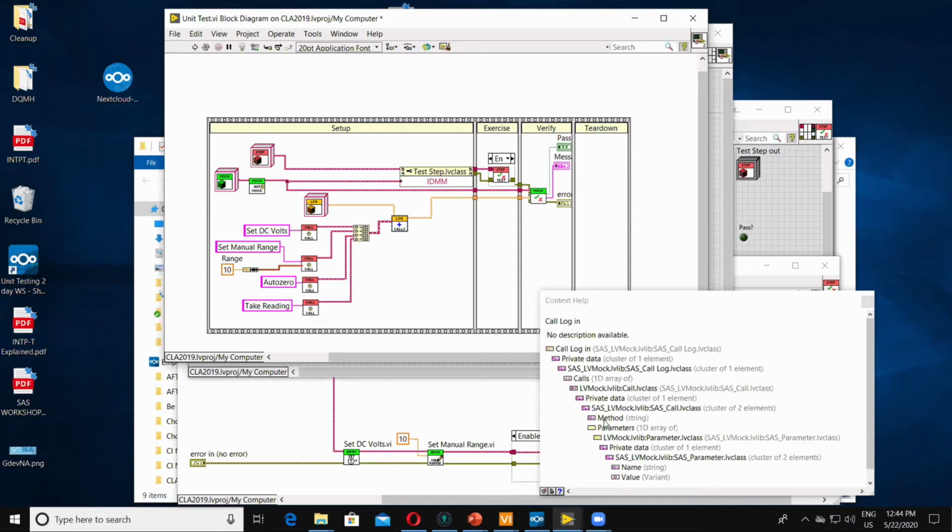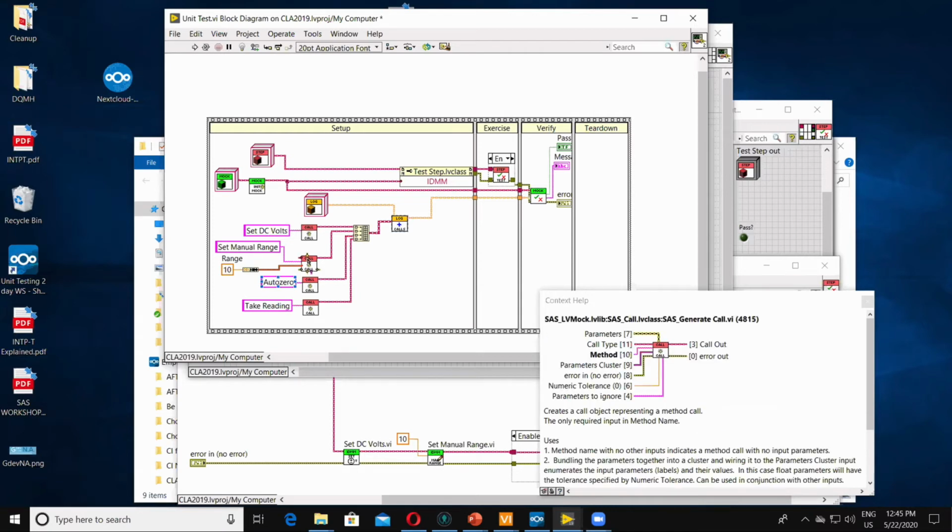So you could have a parameter that says, instead of an exact string match, it could be case insensitive, or maybe it strips white space, or maybe it does a regex match or something like that. I added a tolerance for numerics, but you could add a range or a greater than or less than. So there's a lot of options there in how you do all the matching. And that's part of what this gives you by letting you pass in custom parameter types. You can also ignore some parameters. So you can say, I don't care about these couple parameters, just ignore them.